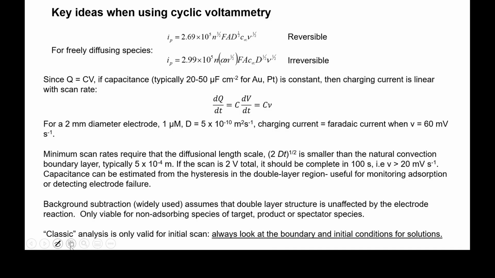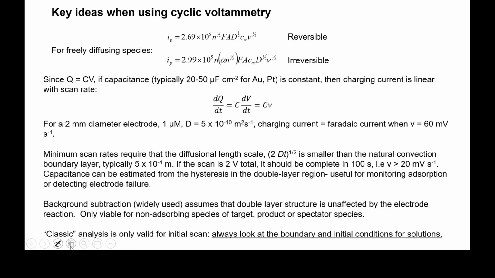So that means that if you're doing a volt up and a volt back, your slowest reasonable scan rate is 20 millivolts per second. And we can estimate the capacitance from the hysteresis and the double layer, which is really useful for monitoring adsorption or detection failure. Background subtraction, which is really widely used in the published literature, is completely flaky for any reaction